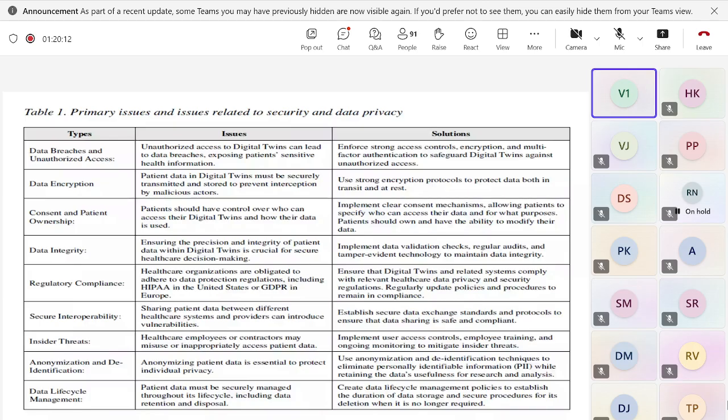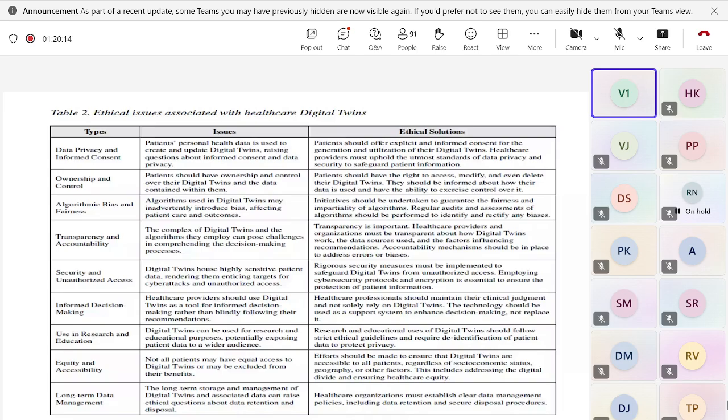And second, in terms of ethical issues, that's basically the ethical issues associated with long-term data management, security, transparency, and accountability, and mostly in terms of challenges, as I said,